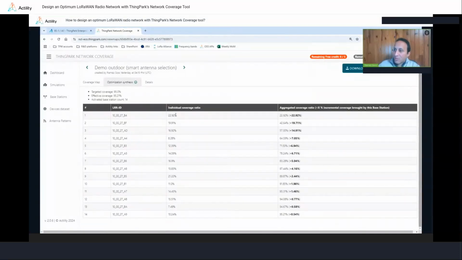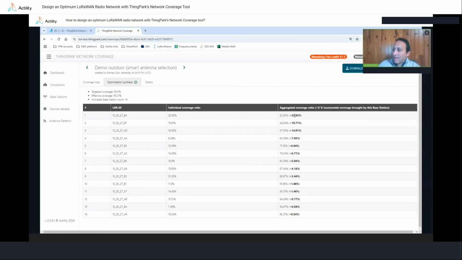So you can see that the tool has applied an iterative process by which it has started by activating the gateway that provides the highest ratio of individual coverage within the area of interest. And then it has progressively added additional gateways in order to progressively increase the aggregated coverage ratio from the original value from only one gateway up to having the target of at least 95%.